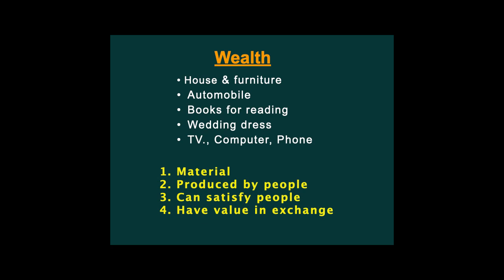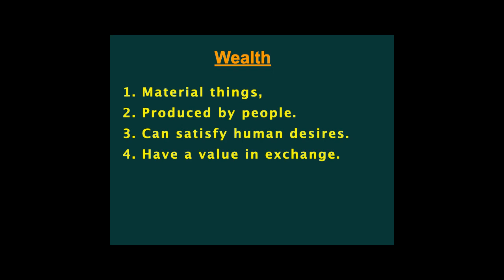Capital. Goods. Well, goods, yeah, goods is a good term, goods or products or something. Now, 200 years ago, when the science of political economy was evolving, somewhere they decided to call all these things wealth. So anything that is material, produced by people, can satisfy human desires and has a value in exchange, we subjectively call wealth. It's like, my name is Mike, but you can't look at me and tell that my name is Mike, and the same thing with these things and wealth. That's just something they decided to call it.